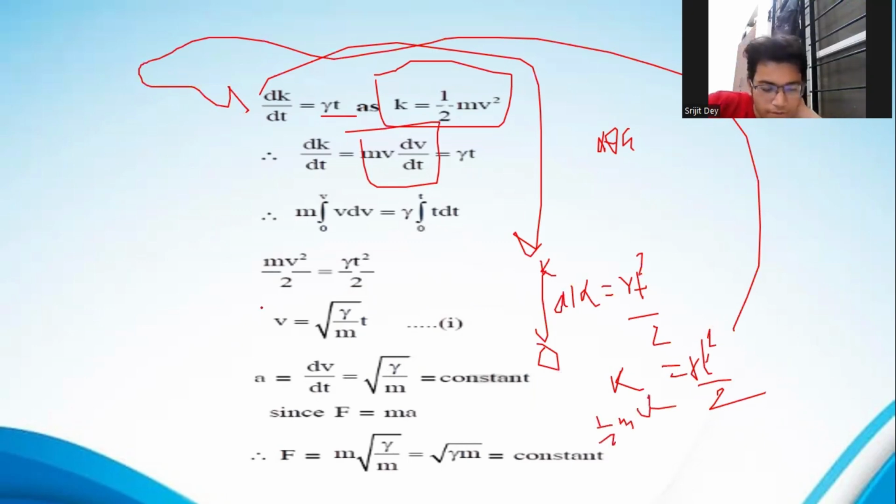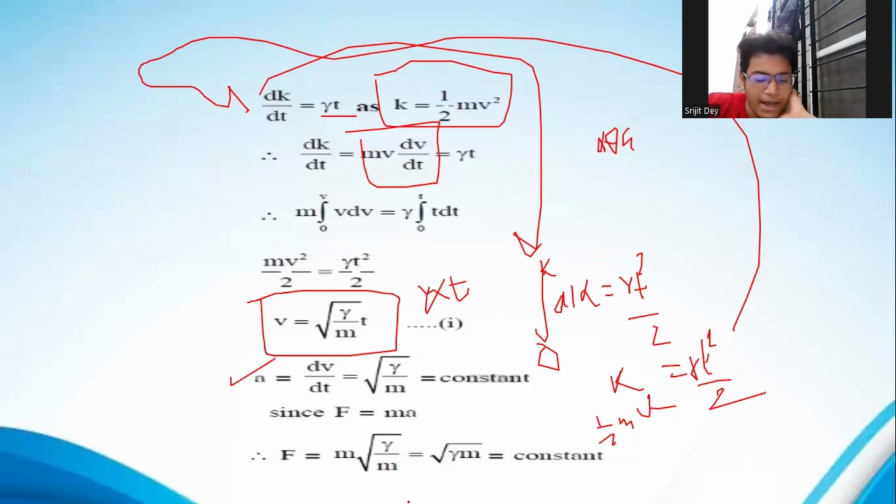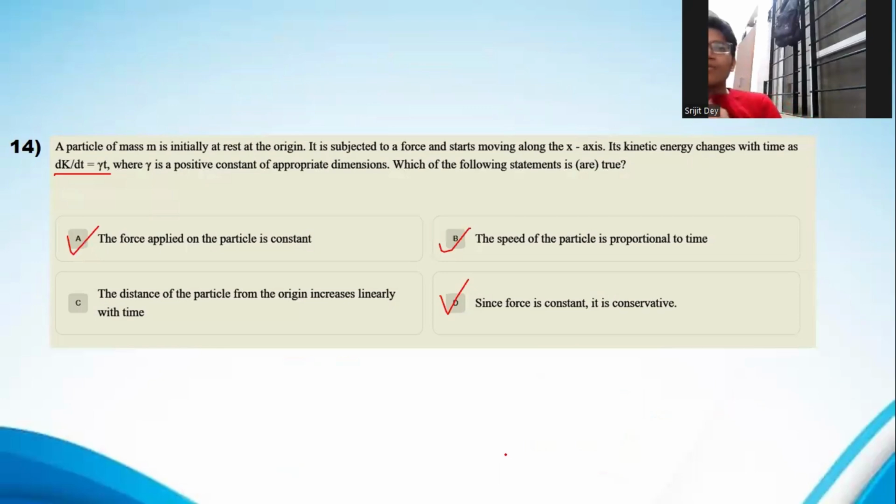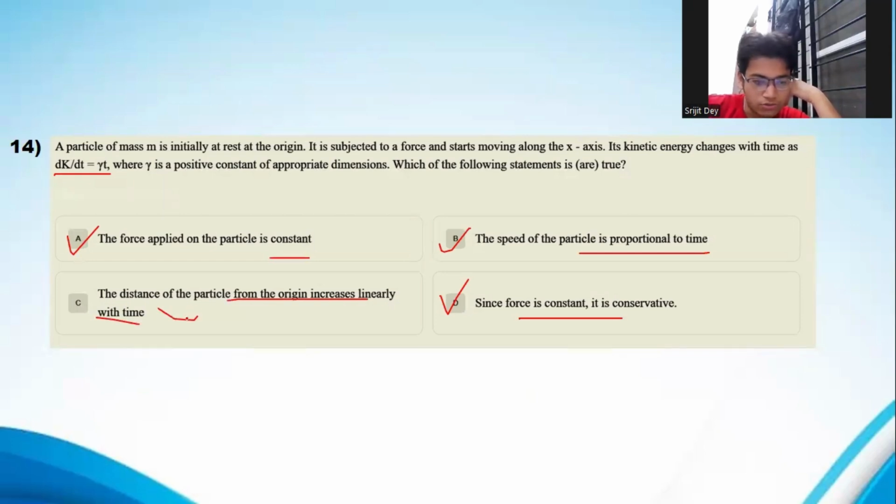Thus on solution you will find that your acceleration is constant and your v is proportional to t. Okay, and your acceleration is constant, and thus even force is constant. Thus from here we get the force is constant, the speed is proportional to time, and the force is constant and conservative. The statement that the distance of the particle from the origin increases linearly with time is wrong,